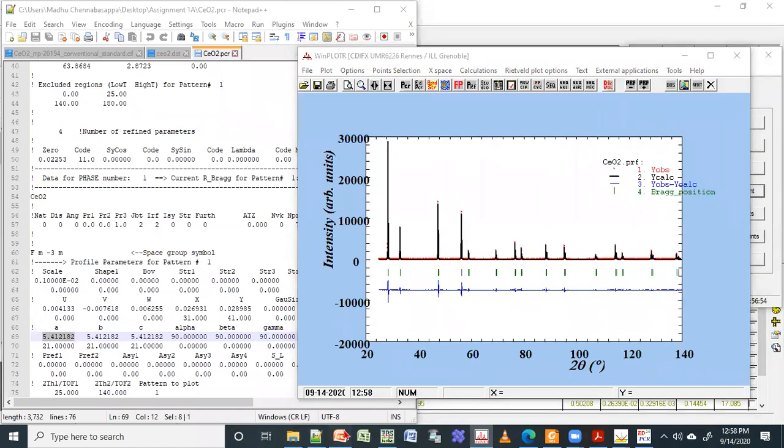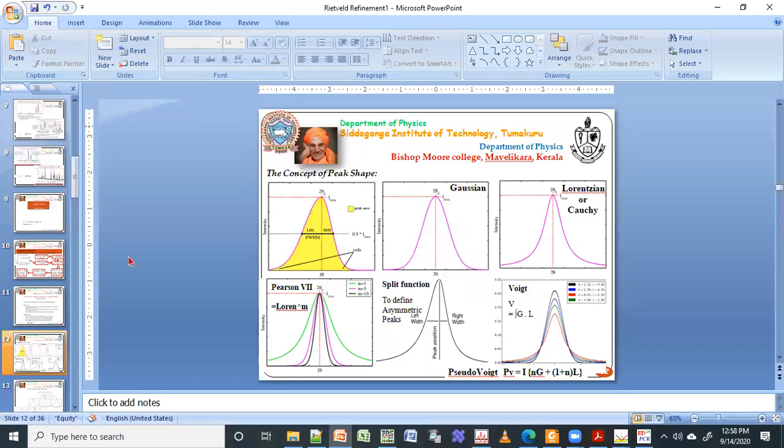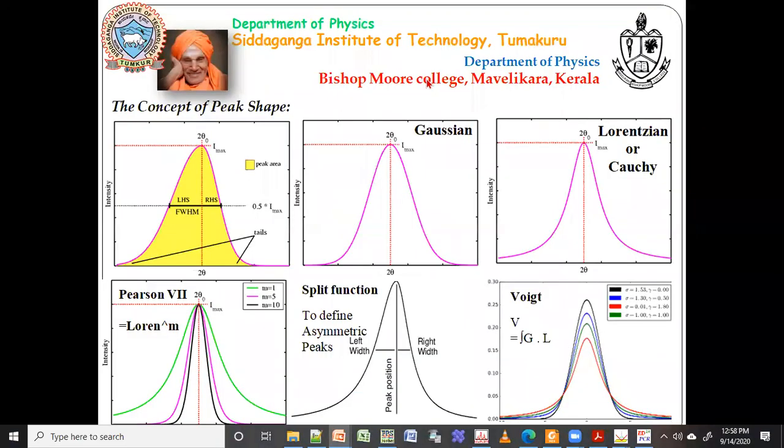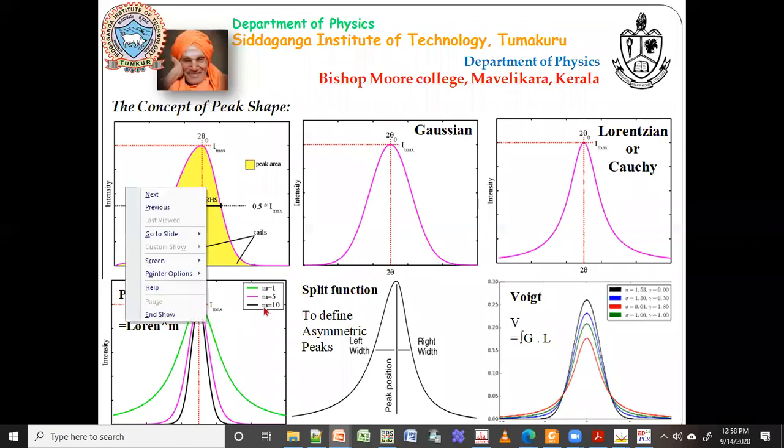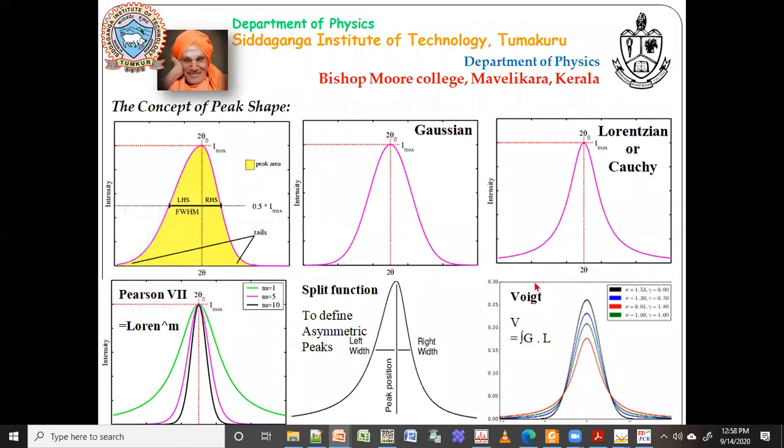I will go back to this. This is why I explained all these things: Pearson may not work for all the samples, but pseudo-Voigt, Thompson-Cox-Hastings pseudo-Voigt and Voigt functions will work.